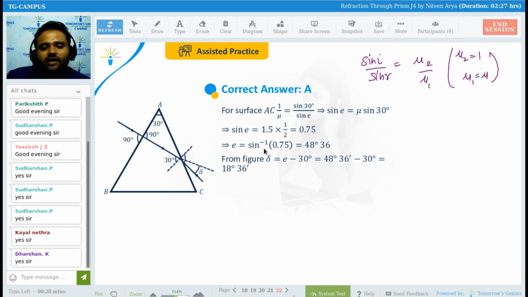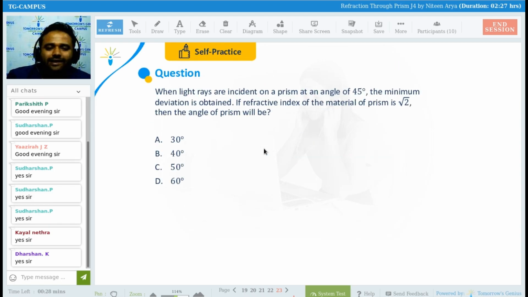So you can do that directly: theta is sine inverse 0.75, which is 48 degree 36 minutes. Is this clear, everyone? Easy one. Okay, next one is when light rays are incident on a prism at an angle of minimum deviation,